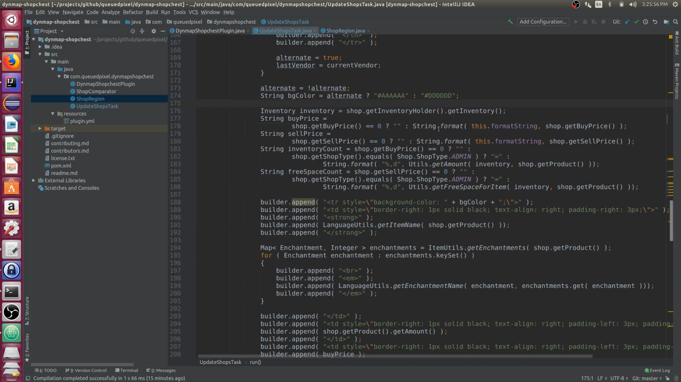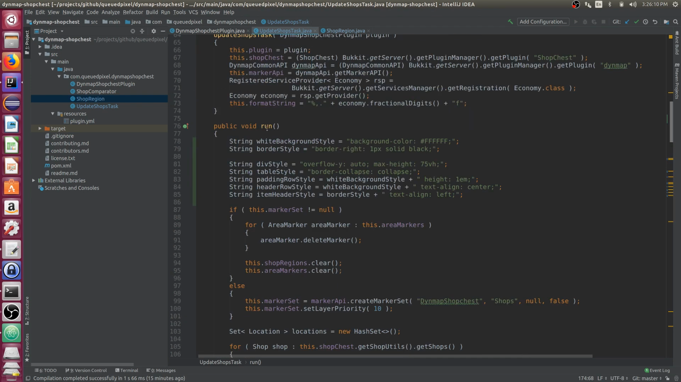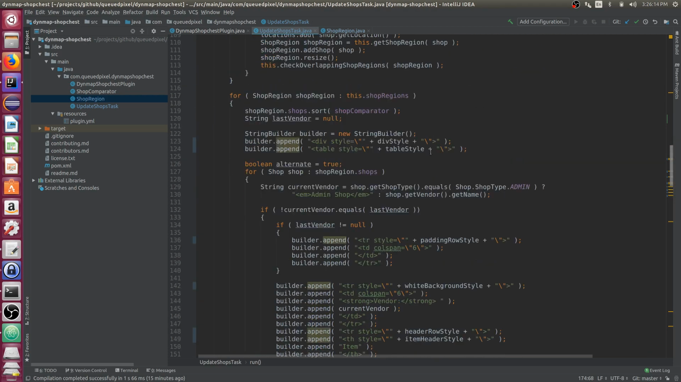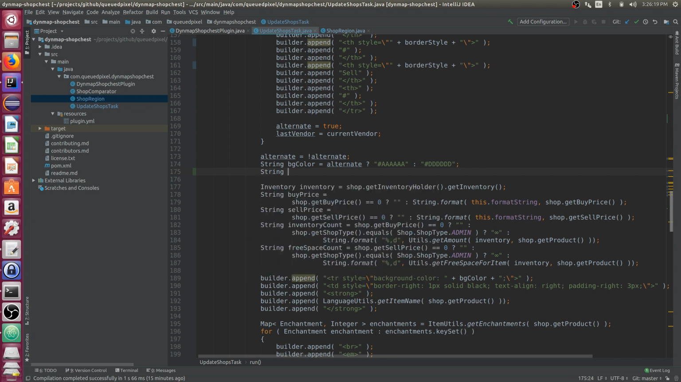And this gets used here. What did I do for a background color earlier? I said white background style. So I could simply say string background style is equal to